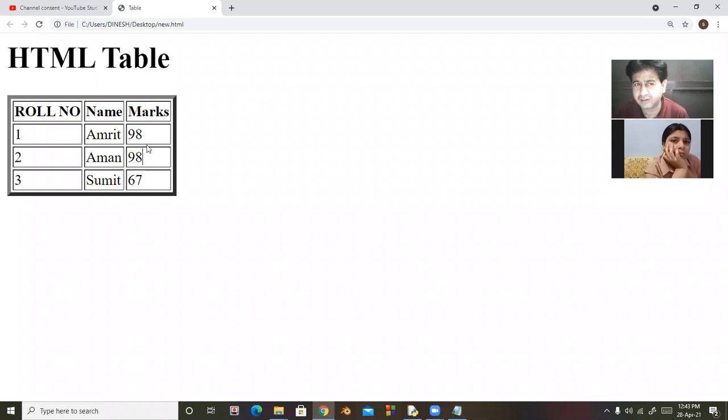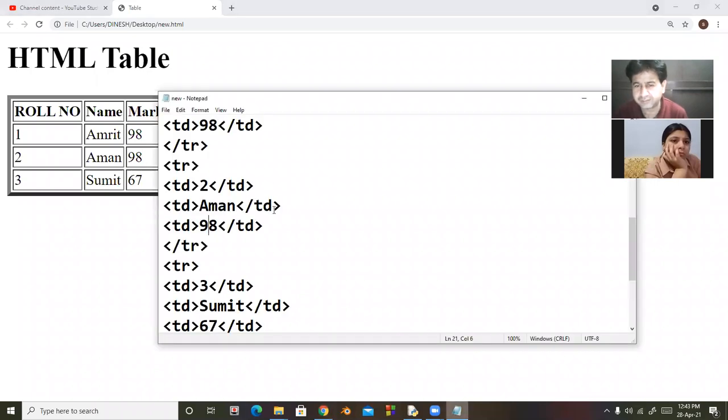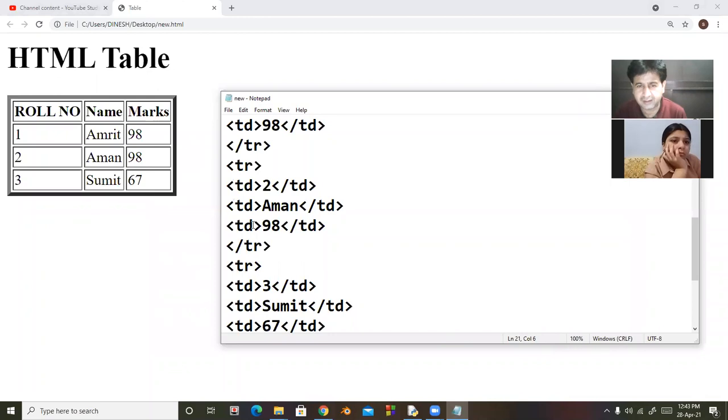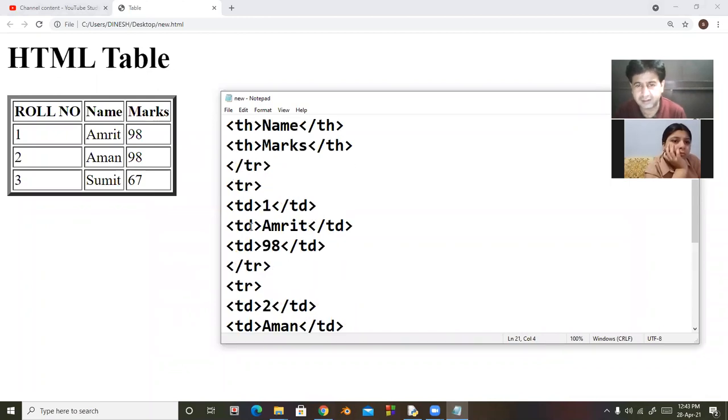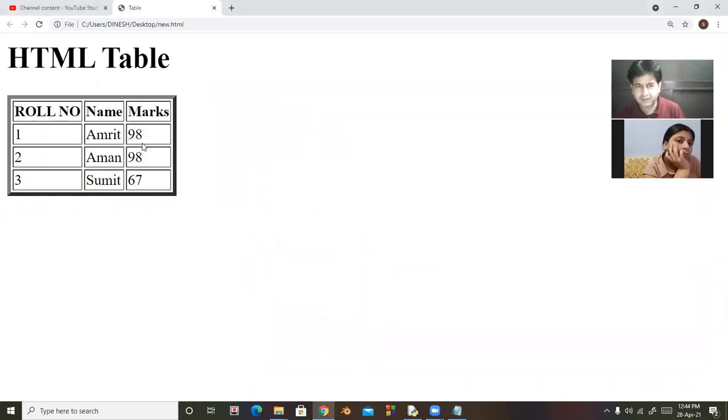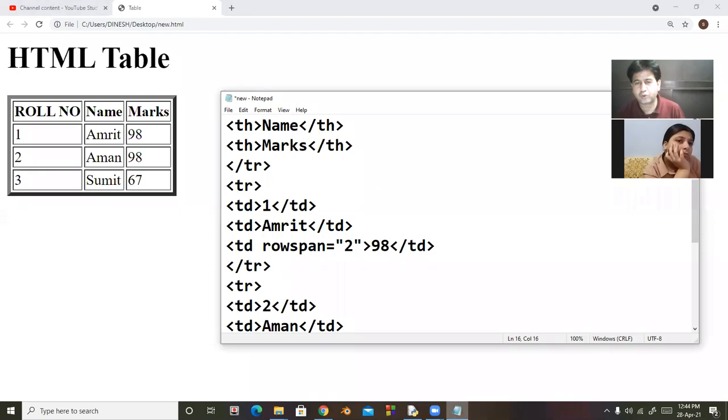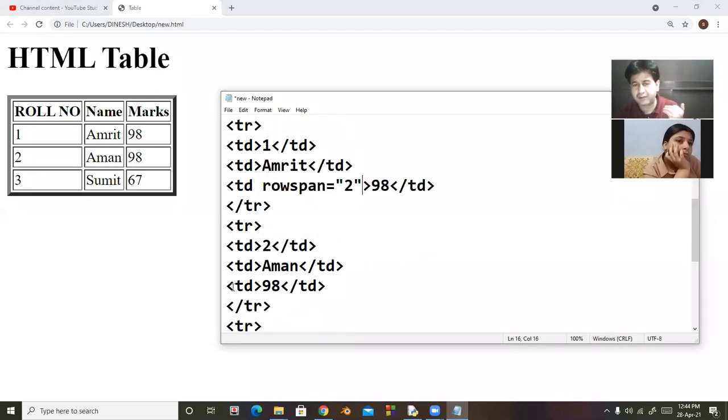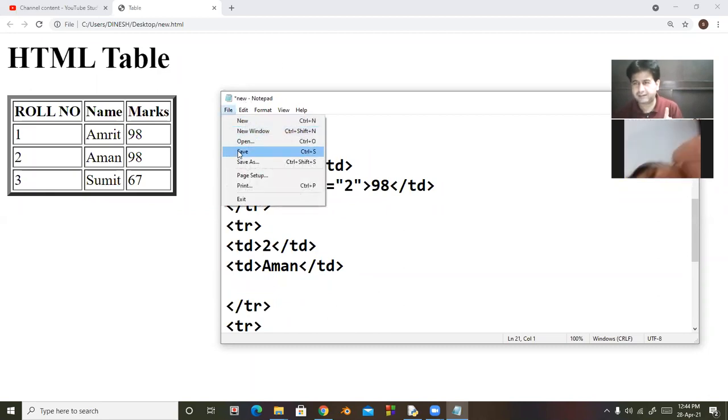So look at here, दोनों रो मर्ज हो रही है. तो what you will do here, in 98 you will type here row span is equal to, आपने कितने सेल को मर्ज करना है, टू सेल्स को. This one you want to merge this cell, so there is a row span, और whenever you will give the second row, उसमें आपने 98 वैल्यू प्रोवाइड नहीं करनी. Is it clear? Now I am saving this.